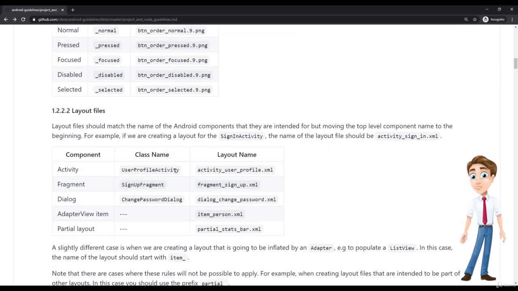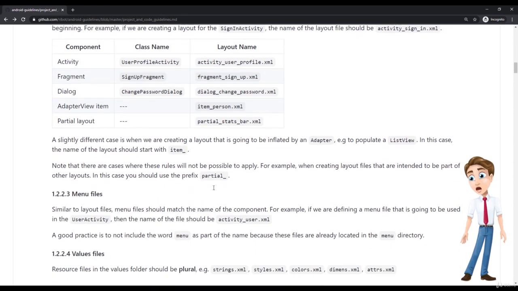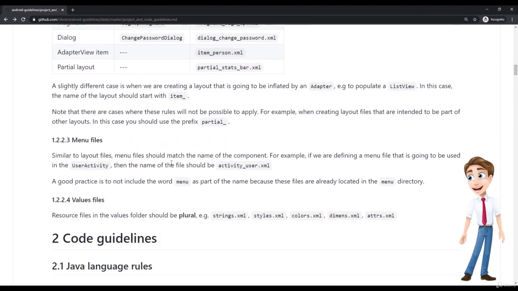Now, going to the layout files, if you generate activities or fragments with Android Studio, with that wizard that it has, you're going to probably end up with these namings here, and also for the activity itself. And you won't have to really take this into account. But if you create the layouts by yourself, you want to make sure that the layout for activity starts with activity, the layout for the fragment starts with fragment. It's just a general rule of thumb to follow this kind of convention. Now, let's go and skip these menu files for now.